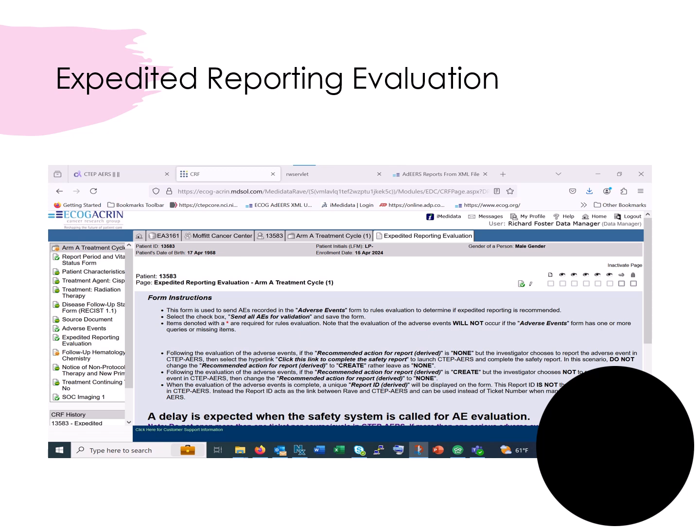Items denoted with an asterisk are required for rules evaluation. Note that the evaluation of adverse events will not occur if the adverse events form has one or more queries or missing items. Following the evaluation of the adverse events, if the recommended action for report is derived as none,